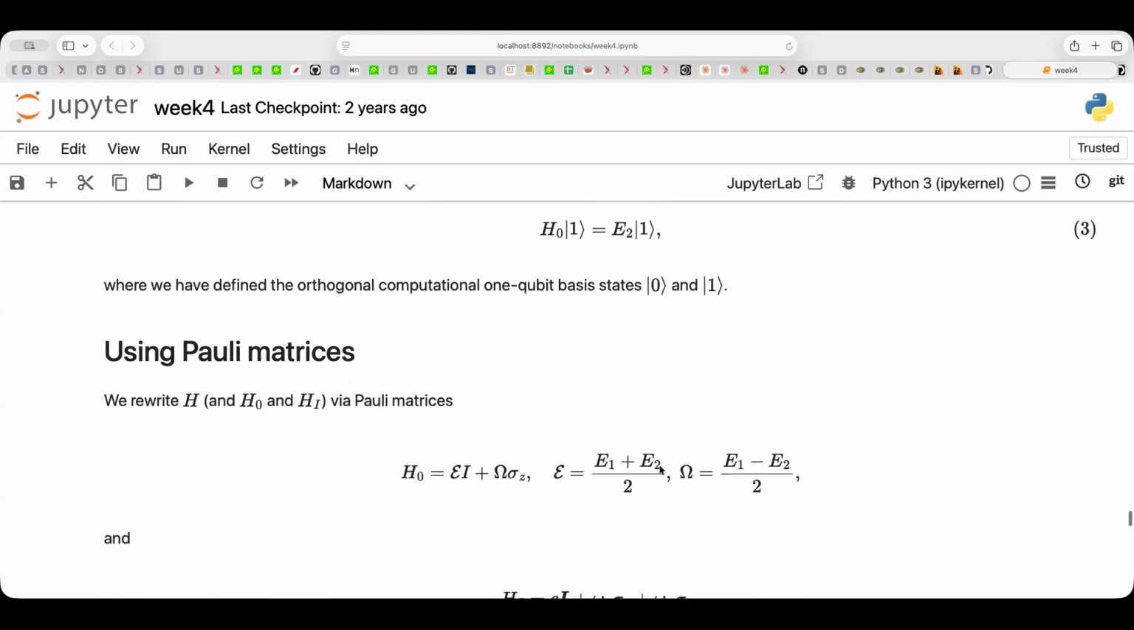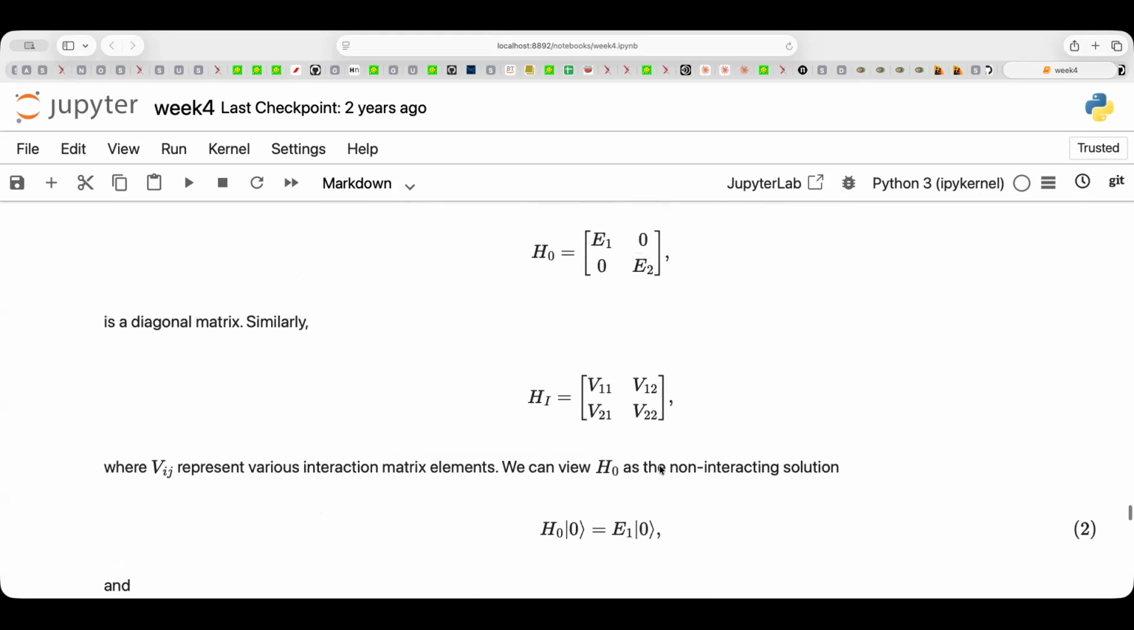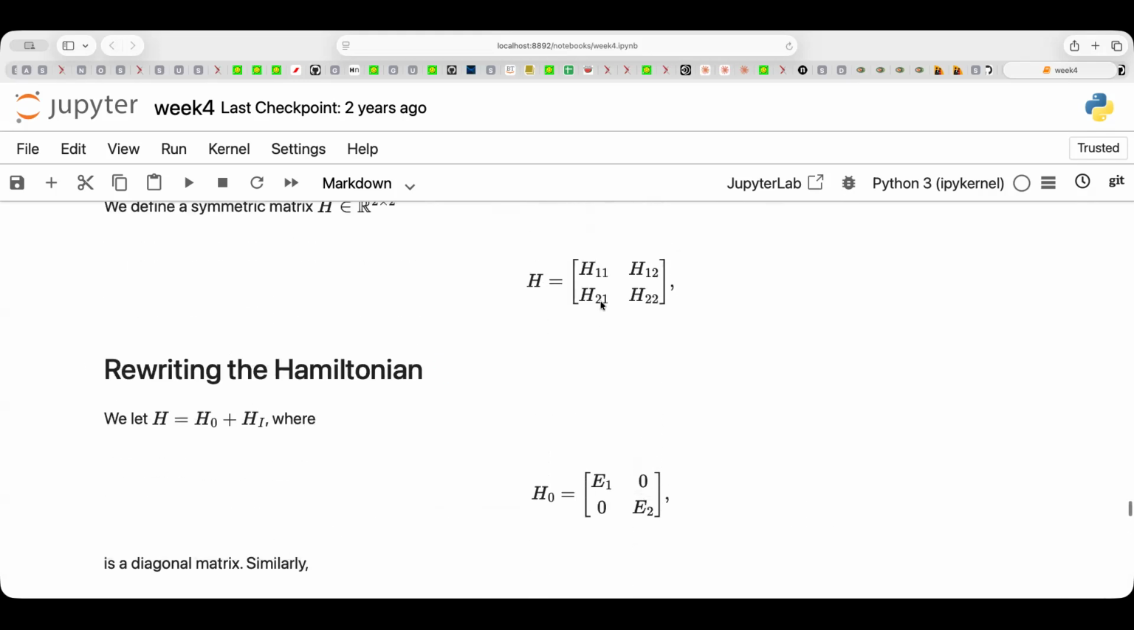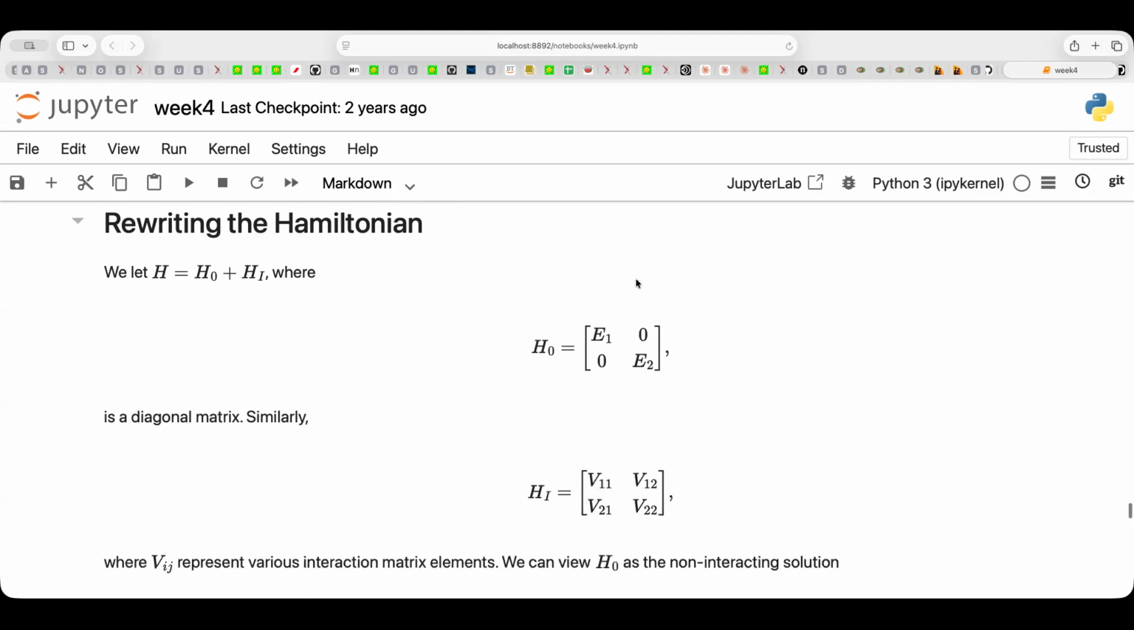Now, what we do is a simple rewrite of the Hamiltonian in terms of Pauli X and Pauli Y. And if you look at this Hamiltonian, the diagonal part could be given by a Pauli Z times some constants, and the non-diagonal ones could be given by a Pauli X times some constants. And if you just scroll down here,